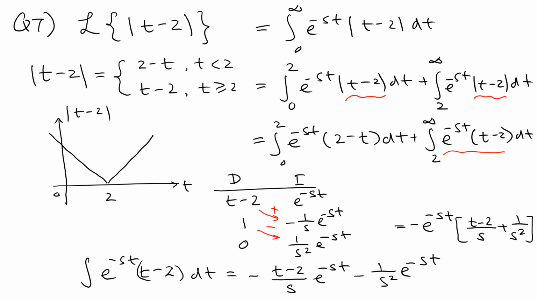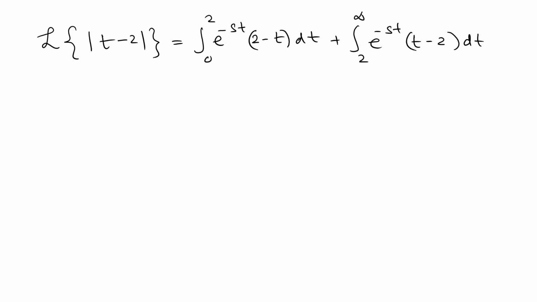Now we can go back to the integral and substitute for those two. So let's try the answer now. We have the two integrals: the first one going from 0 to 2, the second one going from 2 to infinity. The first is the integral that we evaluated, but the next one is just the negative of that expression, because you can see this term switches the sign. So that means you can write the first one as, remember we had a negative sign,